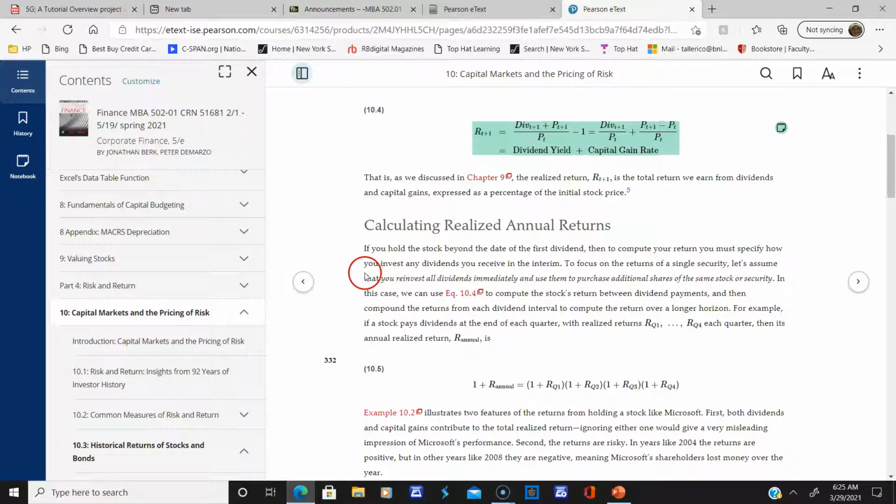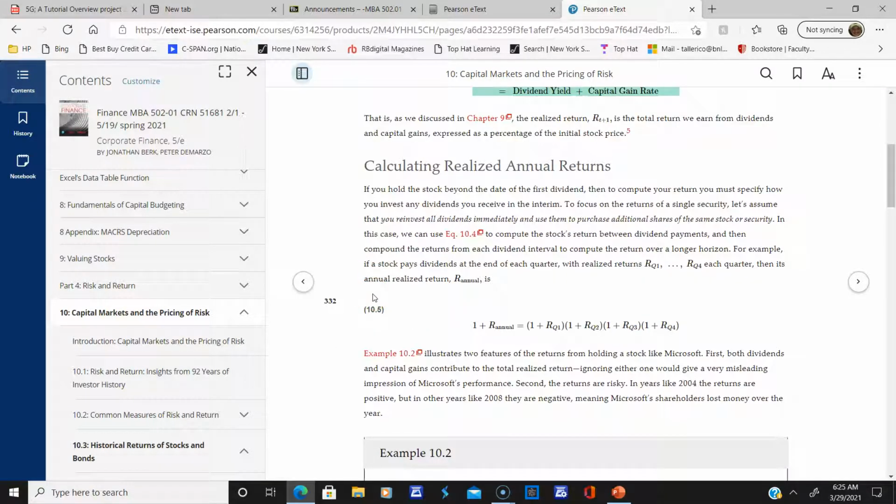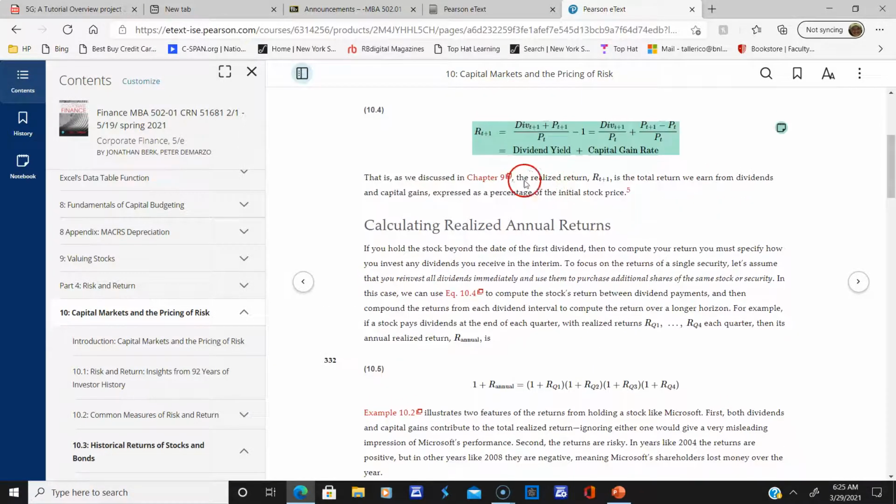All right, now, if you want to get the annual return, if you want to annualize this and say, well, what did I really get over a year? You got to take each quarter. Let's say, you notice how they give you each return for 3 months, each quarterly return. And if you know the quarterly returns from each 3-month period, you just can take each quarter and multiply them together. And this is like the compounded return, okay? So you can notice basically you have each quarter's return and you multiply it there.